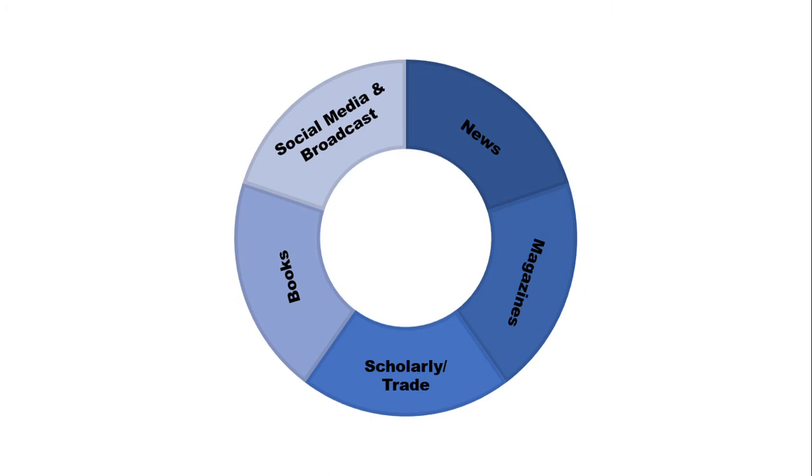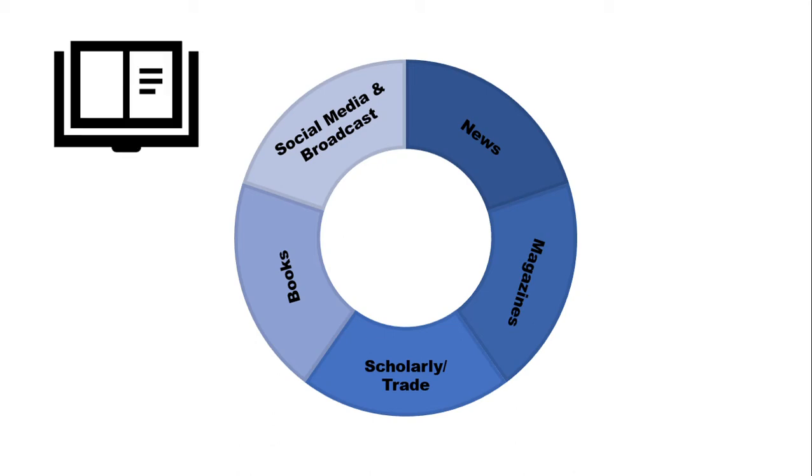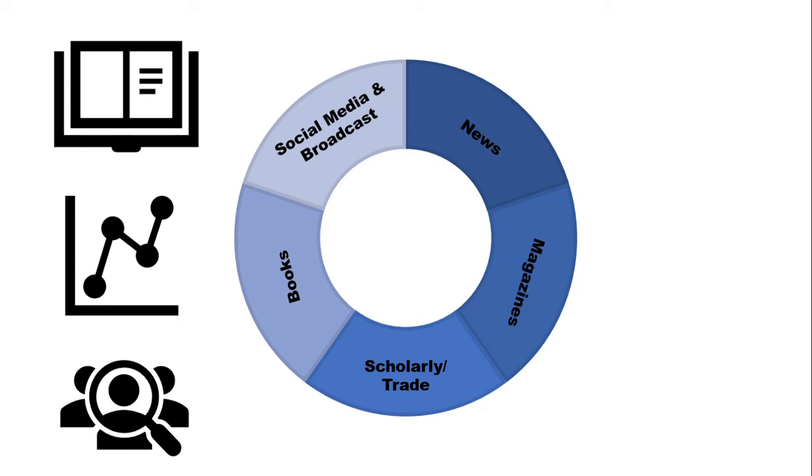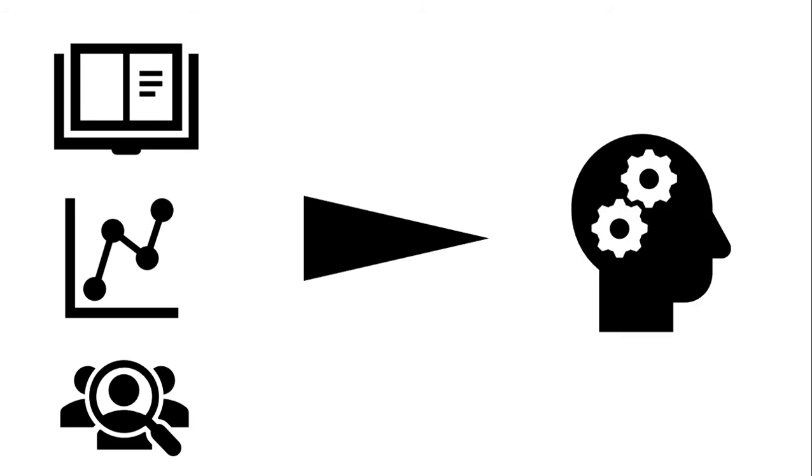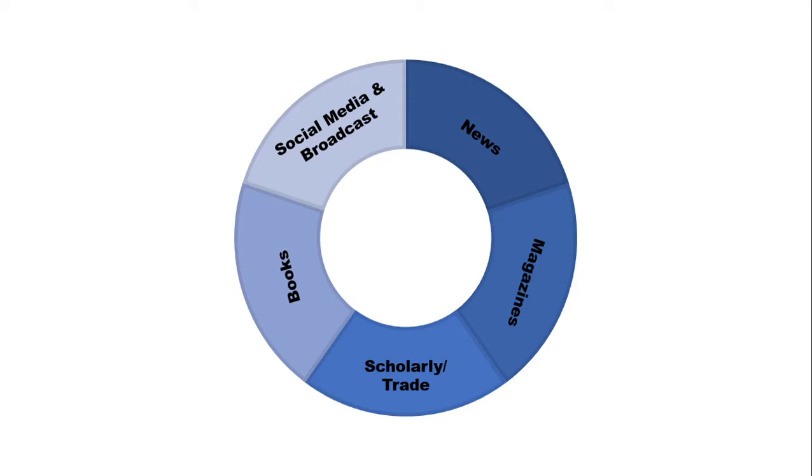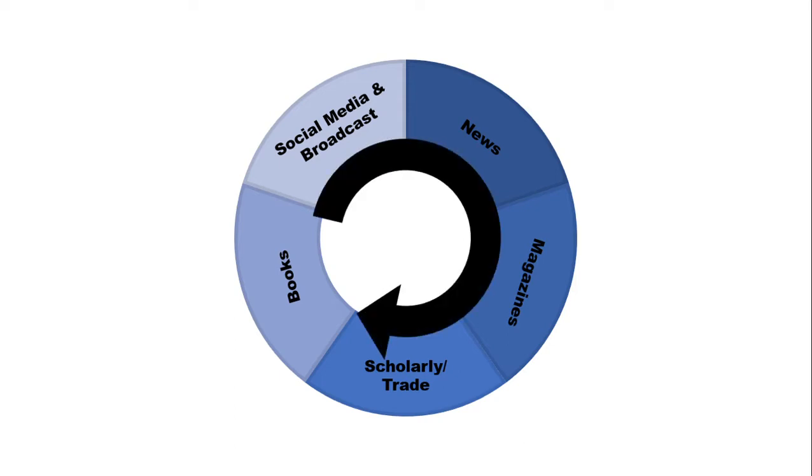The information cycle is the process over which coverage of noteworthy events evolves, from news to books and more. Understanding the information cycle can help you understand what type of coverage is available on a given topic, the depth of analysis that each resource will contain, and the audience intended for each resource. In turn, this will help you evaluate the information you consume, both in your assignments and in life in general. It's basically a timeline of information production. Let's take a deeper look at each step.